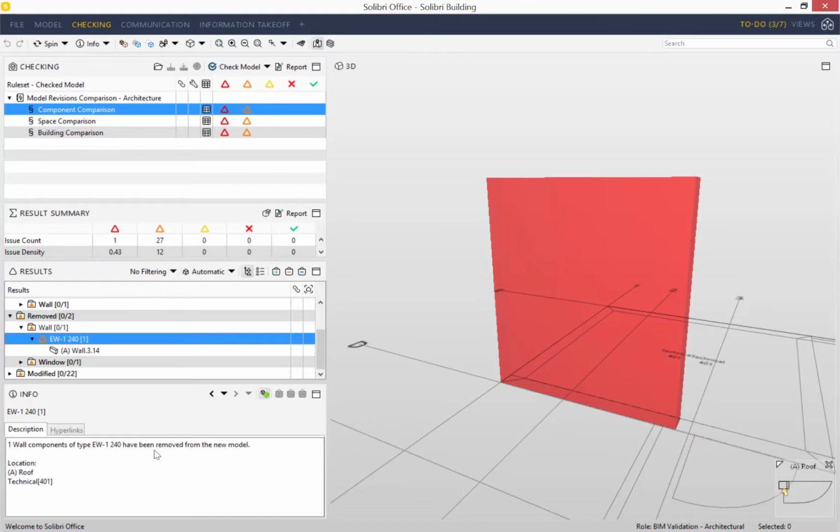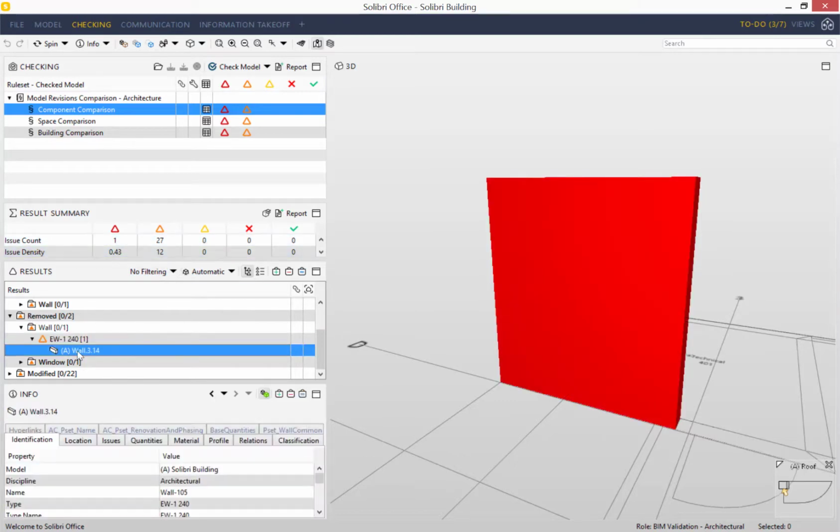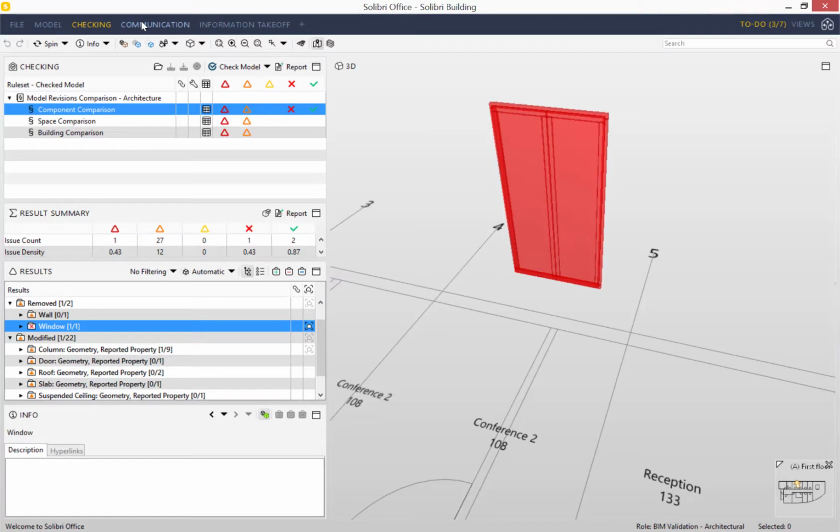So in summary, today I got the chance to show you how the model revisions comparison rule set works in action. The aim of it is to compare different versions of a model. You can only compare 2 versions at a time, but they don't have to be in sequence. It doesn't have to be version number 1 and version 2. We can always compare versions number 1 and number 7 if there is a need. What that really helps with is managing the project and seeing if the changes that we have requested, the issues that we have communicated, have actually been fulfilled,